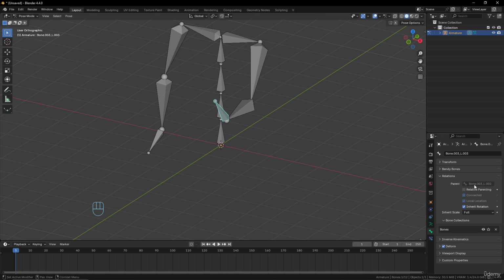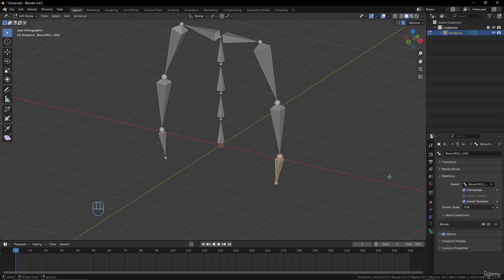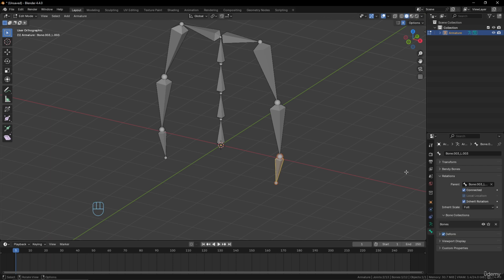You can just change the name here, and in edit mode you can change the name in the list of the bones. That's why it's important to rename, because sometimes you just have a bone 00300. So yeah, it's a little complicated to manage, you can imagine that. After here, the relations,